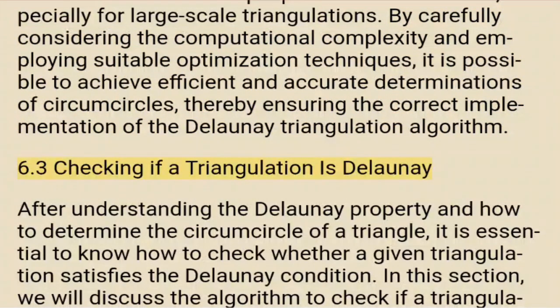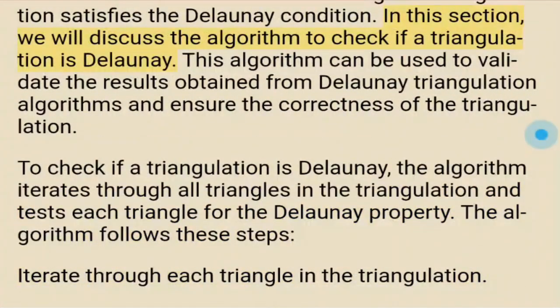6.3 Checking if a triangulation is Delaunay. After understanding the Delaunay property and how to determine the circumcircle of a triangle, it is essential to know how to check whether a given triangulation satisfies the Delaunay condition. In this section, we will discuss the algorithm to check if a triangulation is Delaunay. This algorithm can be used to validate the results obtained from Delaunay triangulation algorithms and ensure the correctness of the